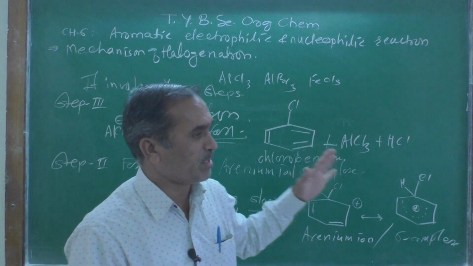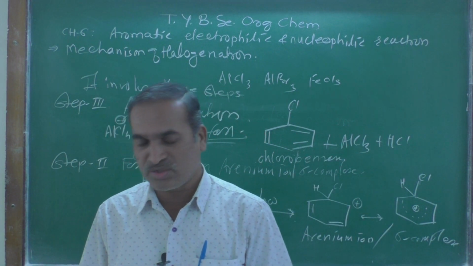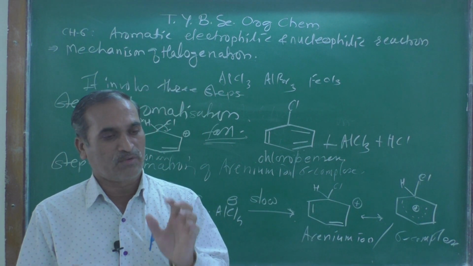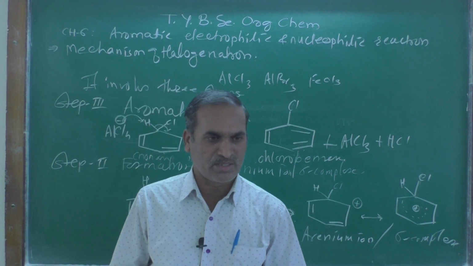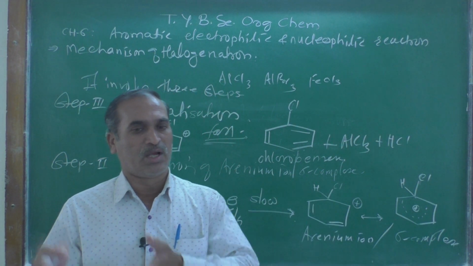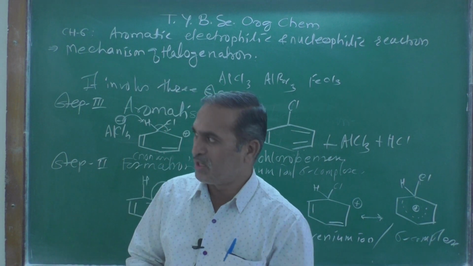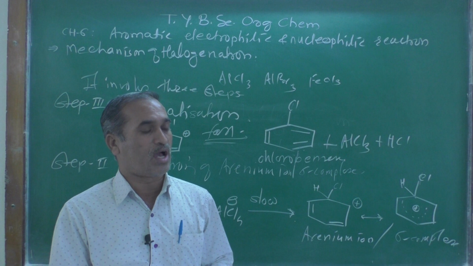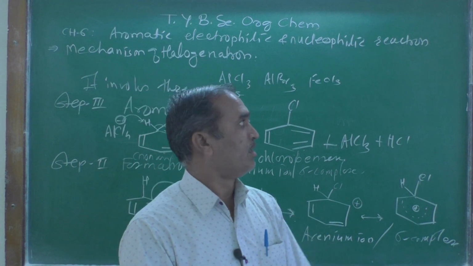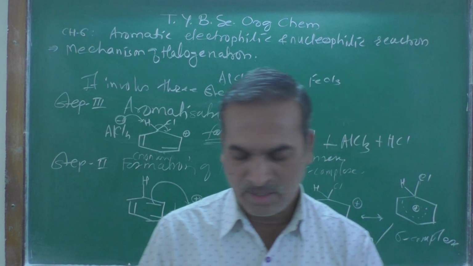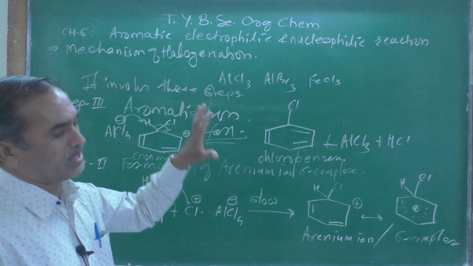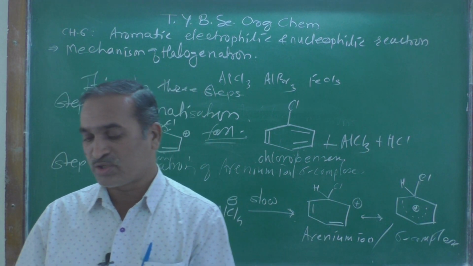So in this way we have seen that the halogenation reaction is one of the important reactions in an exam. It can be a 3 mark question, or maybe a 2 mark question: what is nitration reaction, explain with suitable example, or what is sulfonation reaction, explain with suitable example, or what is halogenation, explain with suitable reagent. So in this way you can explain all these point to point. These are all very simple reactions as far as electrophilic substitution reaction is